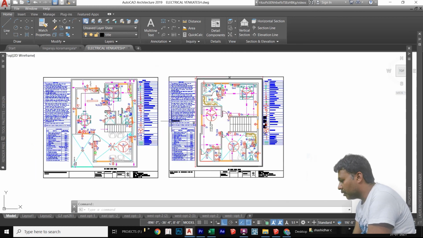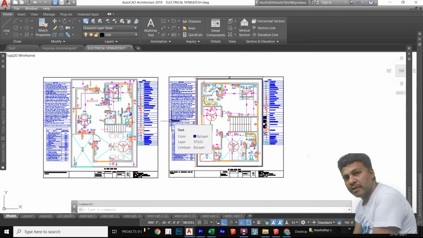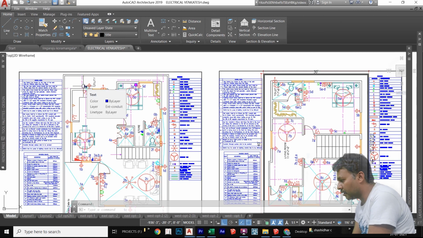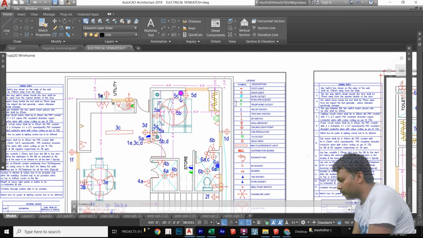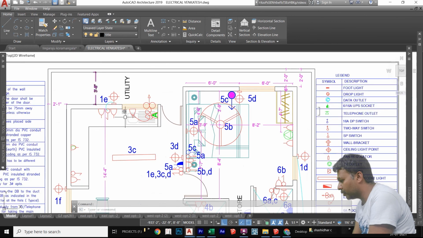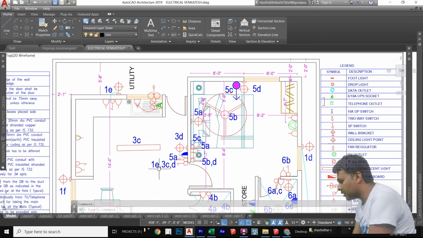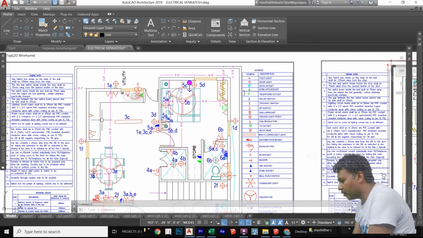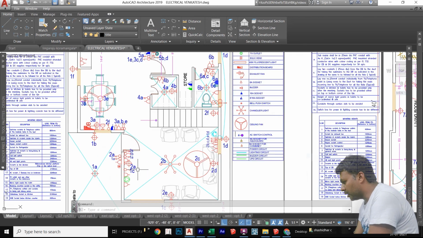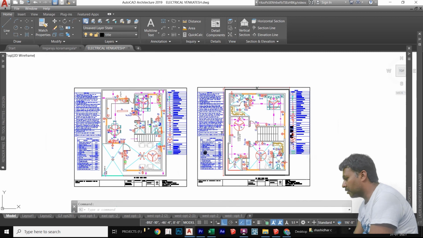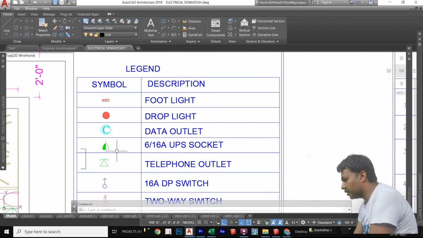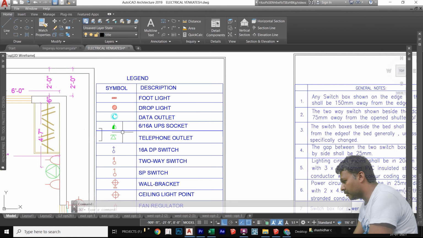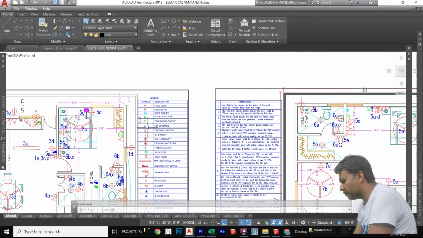So these are the basic points we require for designing the house, and tips for utility. Here also, on the ground floor utility, the utility control is here itself. You can switch on the lights completely, and the outside lighting is also given there itself. You can see the symbols also. This is the UPS point, and this is the telephone point.